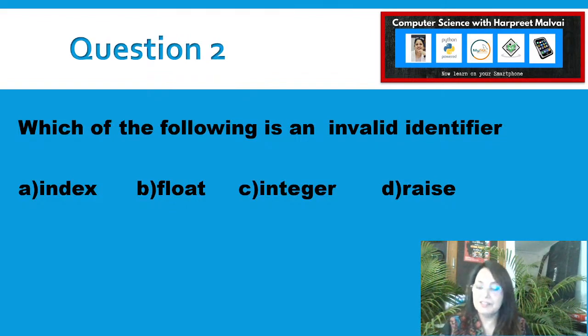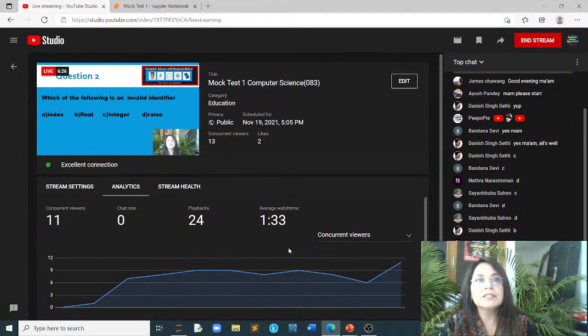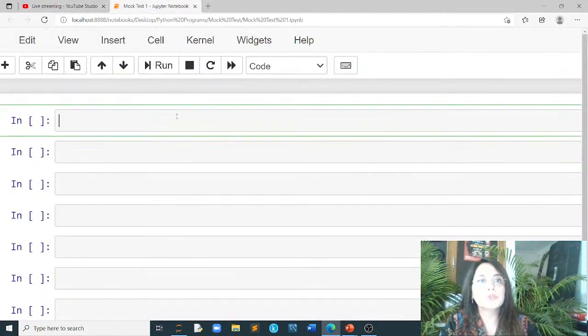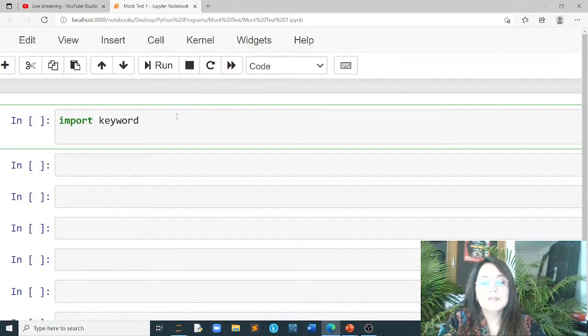Even though the other three, A, B, and C, do look like keywords, actually they're not keywords. Raise is the only keyword here. Okay. And just to check out what the keywords are, we can go to this one and say import keyword, and check which ones are actually keywords. So we can go and look at,